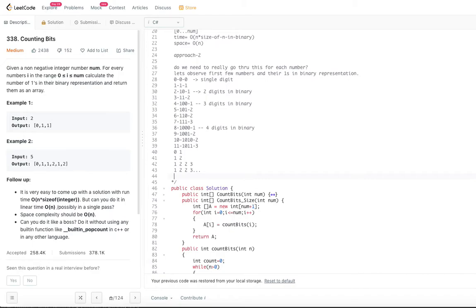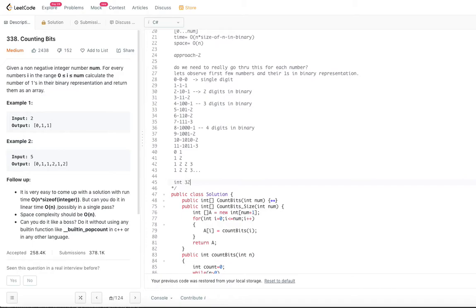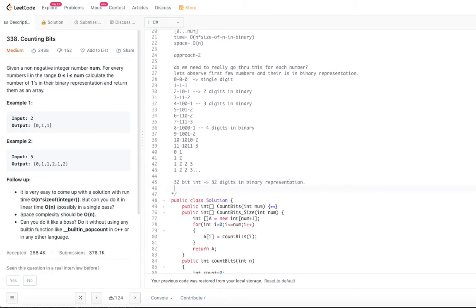For example, if we assume 32-bit integers, there will be 32 digits, because it is a 32-bit integer. We call it a bit, just to represent 1 and 0. So in a 32-bit integer there are 32 digits in the binary representation. That is how we can come up with some of the patterns that we are going to utilize as part of approach 2.